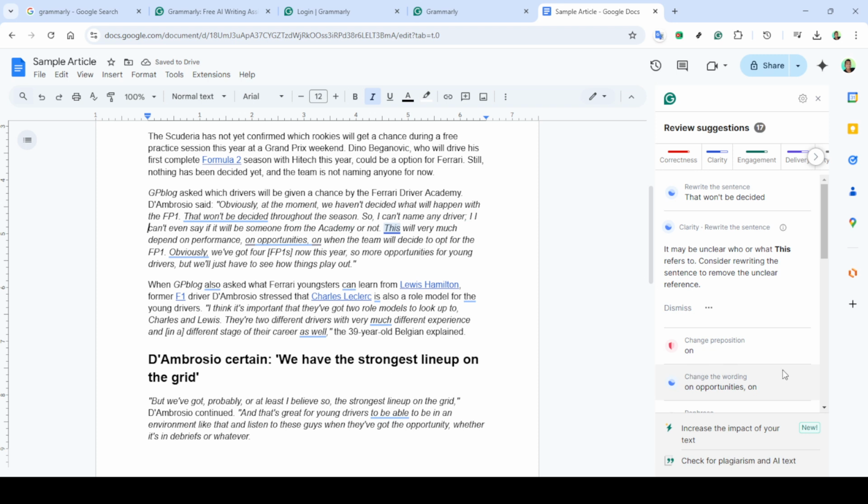And there you have it. With these steps, you've successfully set up Grammarly on Chrome. Start exploring the features and watch your writing improve in leaps and bounds. Enjoy the